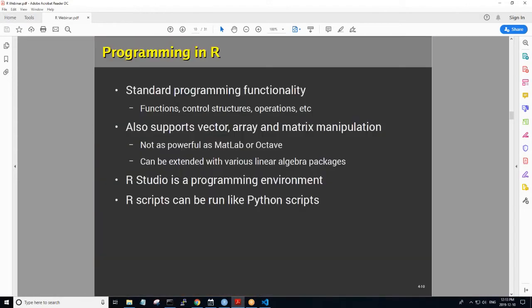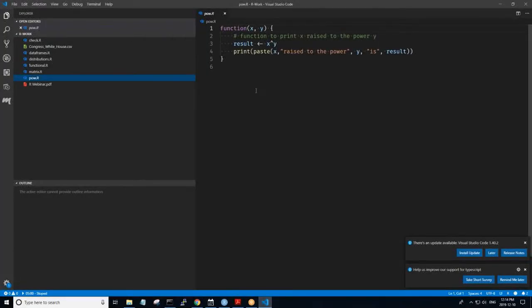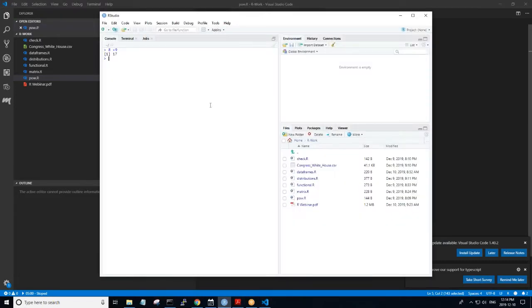Okay, so let's take a look at the R language itself. It has some fairly standard programming functionality. We're not going to start learning about programming in R, and I've put some code snippets in here so that I don't have to type them in. So R has fairly standard types of functionality. I can define a function in R, for example, and I can use my function there. So I'm creating a power function. If you know programming, this looks like a fairly standard programming language.